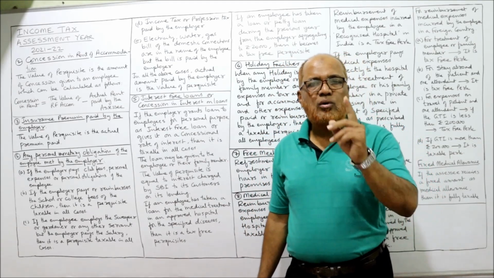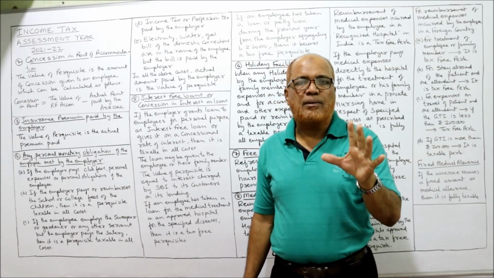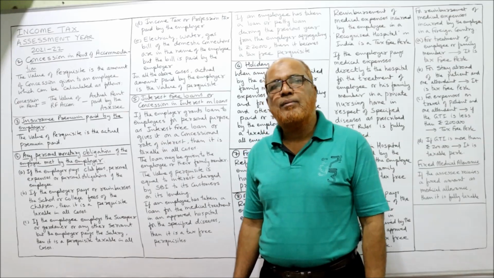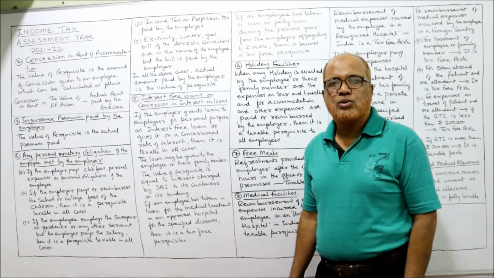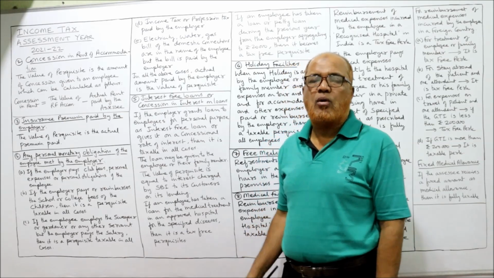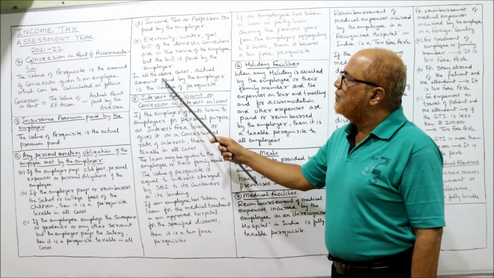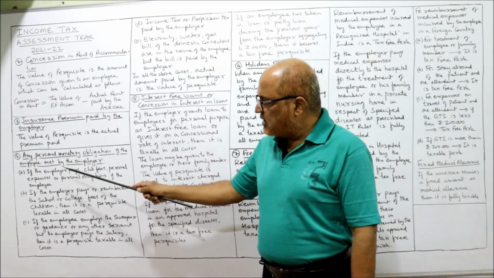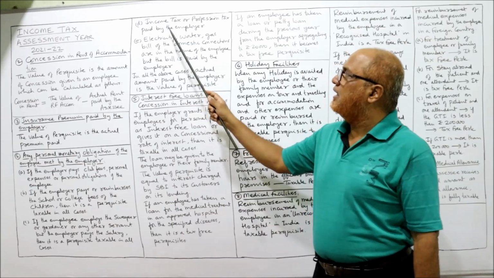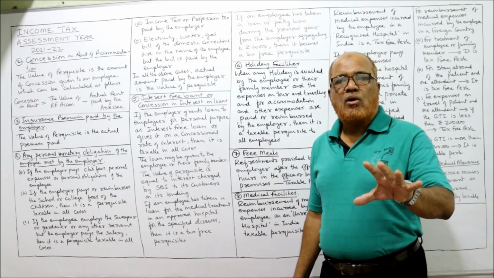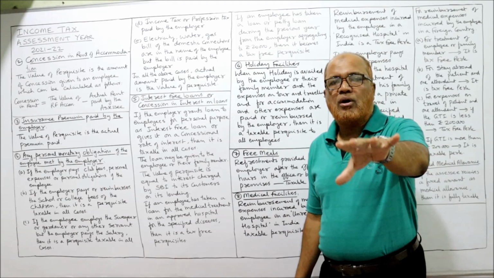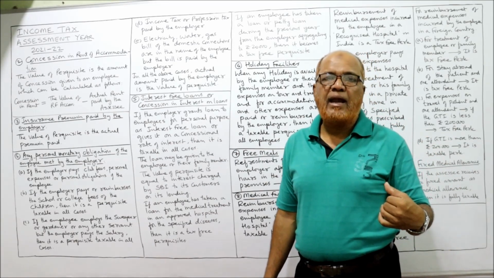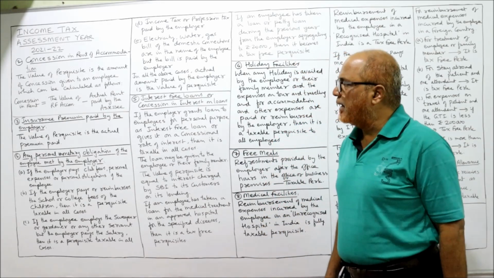Remember, whatever I am discussing now, listen carefully. All these points are going to come in the problems while doing income from salary. So you must be in a position to say whether it is taxable or not taxable. So in the above cases, the actual amount paid by the employer is the value of the perquisite. These are the examples I have given, A, B, C, D, E. These are the examples of monetary obligation of the employee met by the employer. Whatever the employer paid, that is the value of the perquisite.